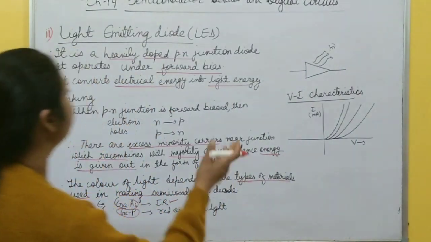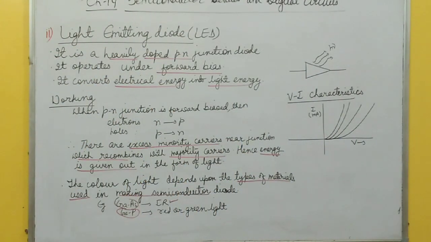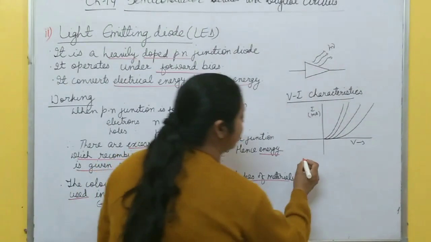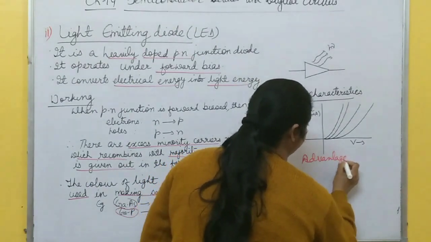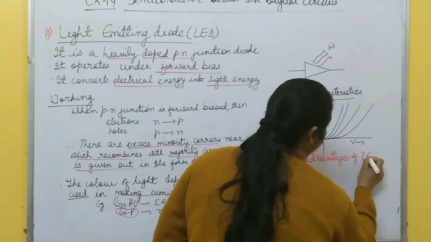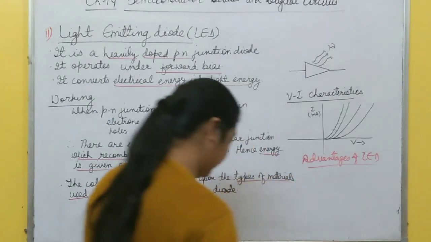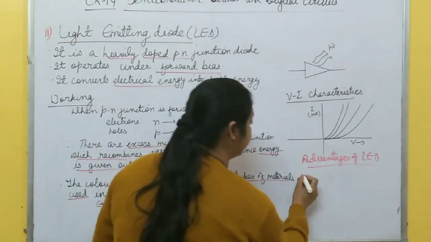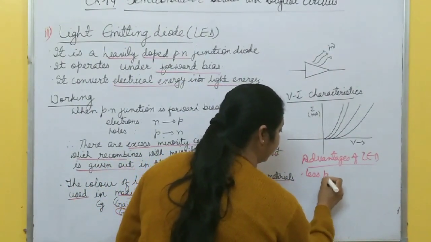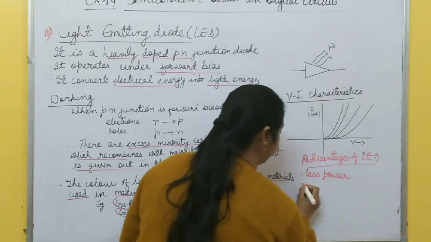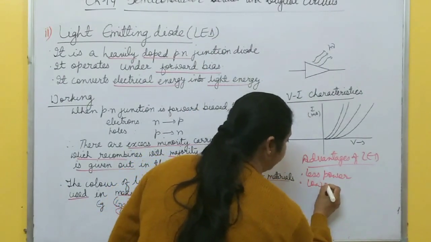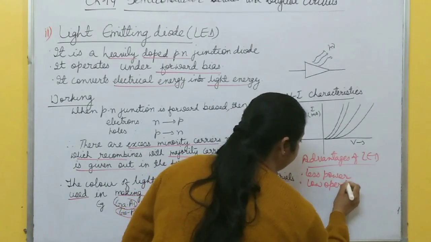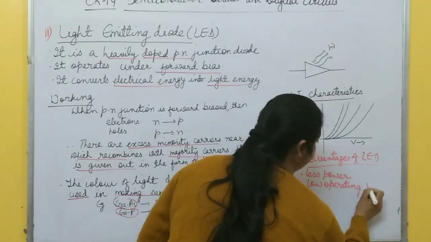So you must remember one or two key points. It generally comes in short notes, okay? Now there are some advantages of LED also. Advantages of LED over the incandescent lamp. What is the advantage? It consumes less power. This one is also important for 1 mark or 2 mark questions, okay? And it operates under low operating voltage. These are advantages of LED. Low operating voltage.